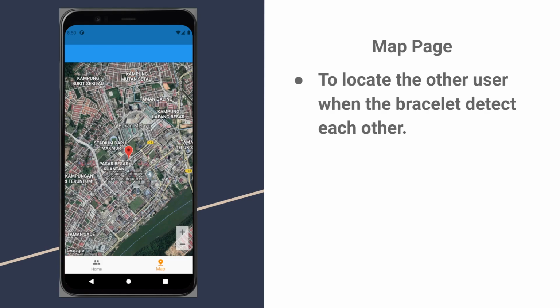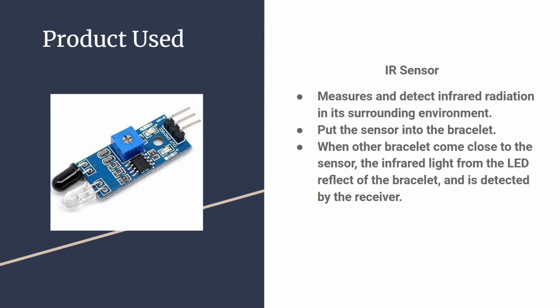We are doing the mobile app first. The products that we are thinking to connect with this mobile app will make sure that our project becomes successful. Firstly, the product is the IR sensor.